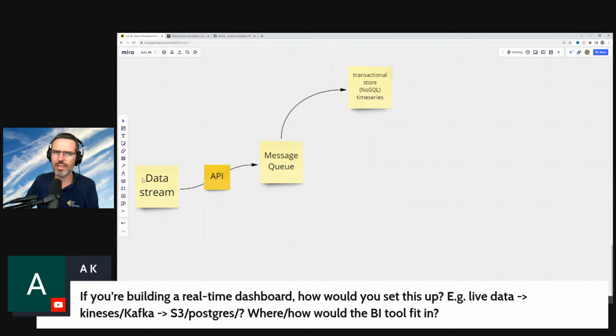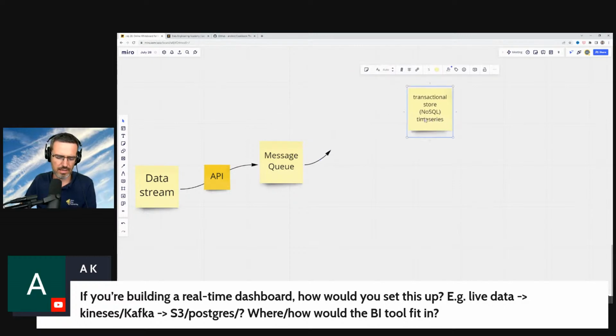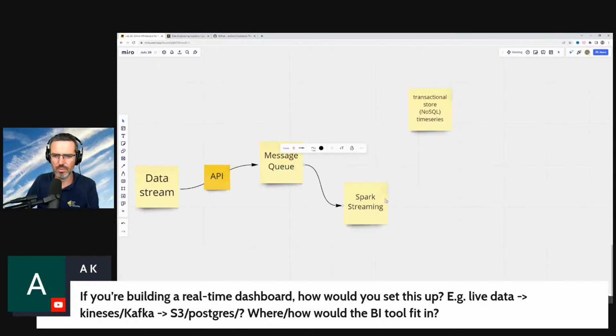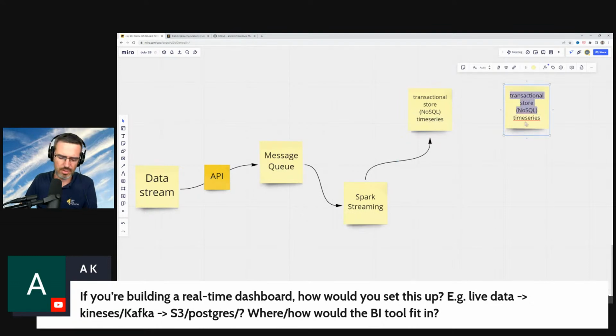So you have an external data stream, goes through the API into the message queue. Then you have some sort of processing in between. I forgot that. Let's put Spark in here. Spark streaming. So this would go into your transactional data store. And then here you would have your real-time dashboard.